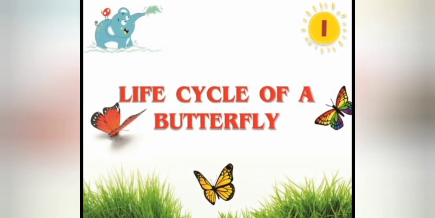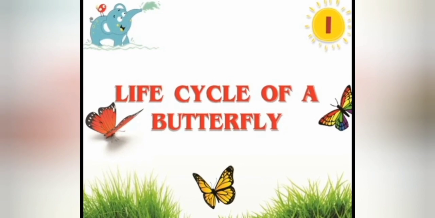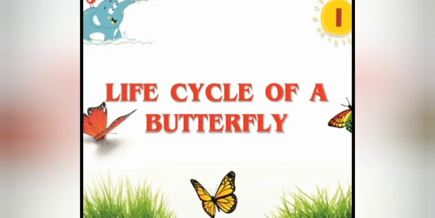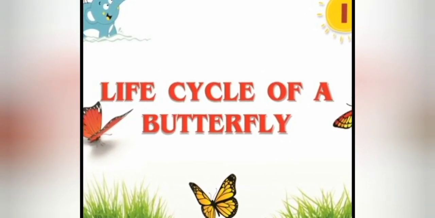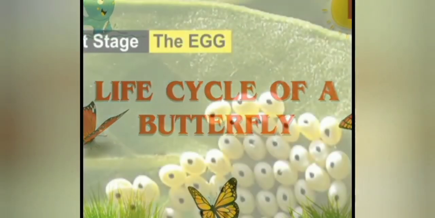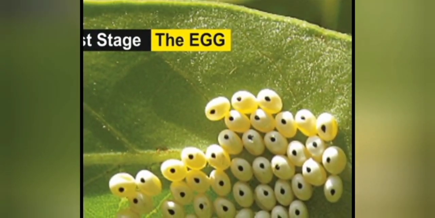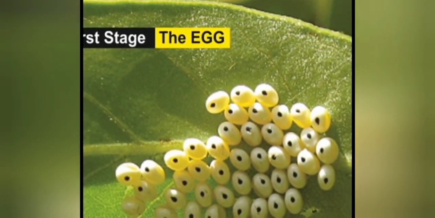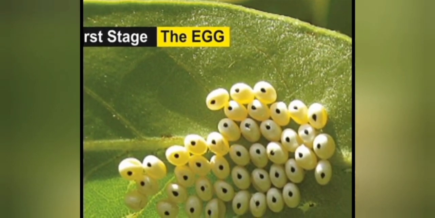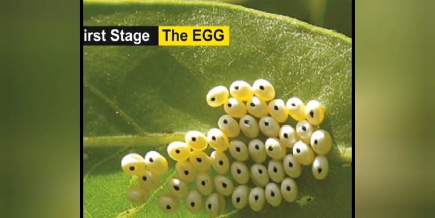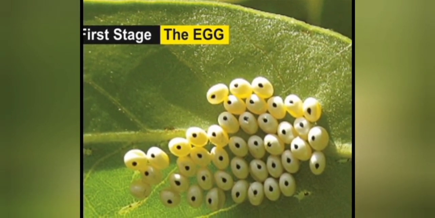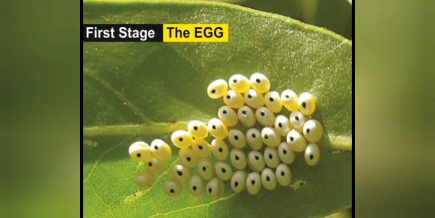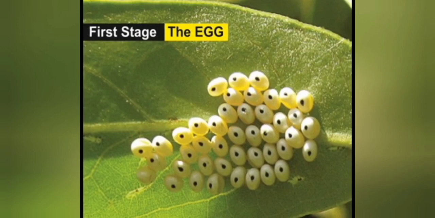Children, we have just heard the story of the rainbow butterfly, of how the caterpillars turned into beautiful butterflies. Now, I am going to explain the life cycle of a butterfly. A butterfly starts life very small, round, oval. Looking at the picture, children, you can understand that it's the eggs. Butterflies' eggs are usually laid on leaves of plants. If you're searching for these tiny eggs, you will have to take time and examine quite a few leaves in order to find some.